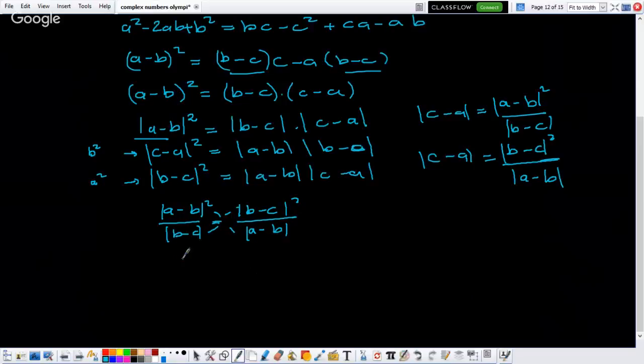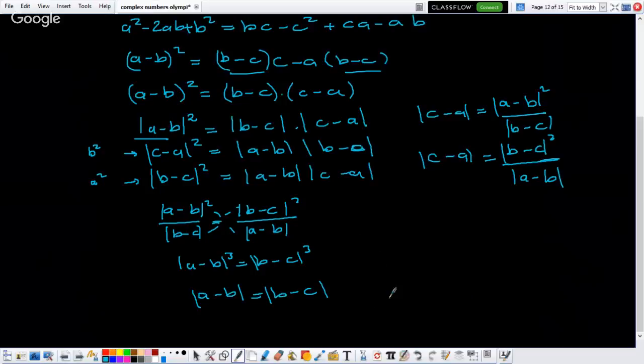If we cross multiply, a minus b module cube is equal to b minus c module cube, which means a minus b is equal to b minus c. I made this one like this,